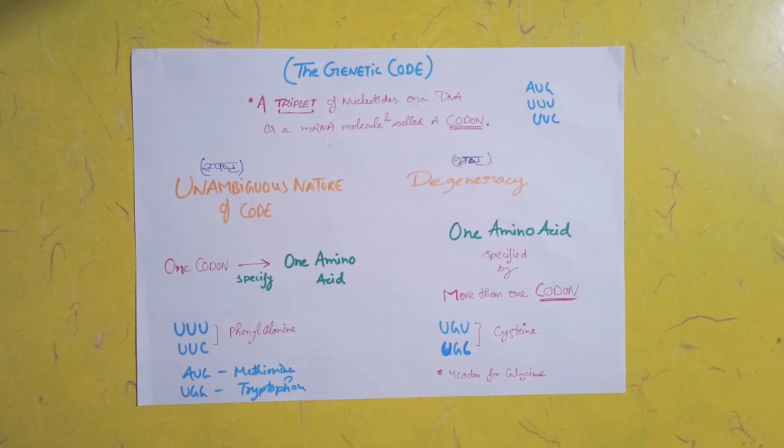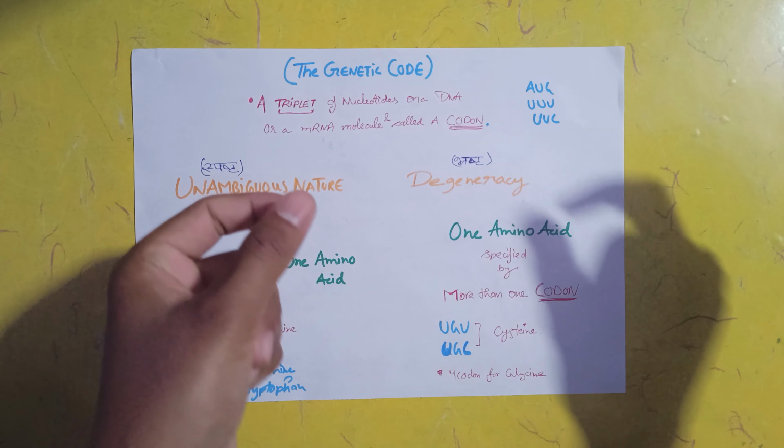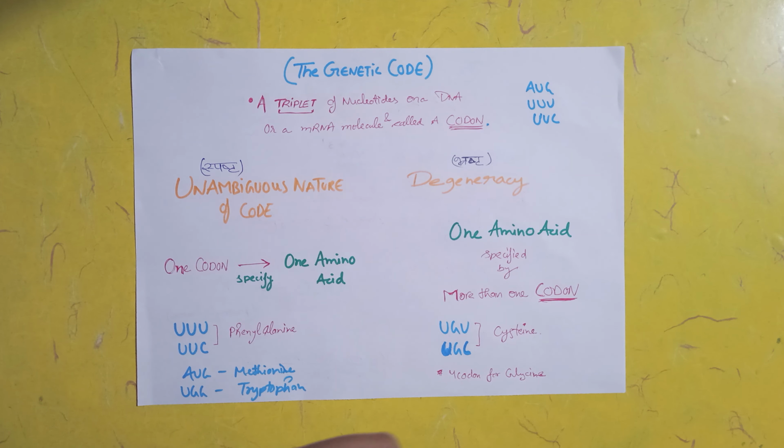Fun fact, AUG and UGG are the two codons for methionine and tryptophan, and these two have no other synonymous codons. Now, what are these synonymous codons? We will learn about them in our next section when we talk about the degeneracy. The degeneracy of the code. If I again literally translate this word degeneracy, हिंदी में इसका अर्थ है भ्रष्ट. Bhrasht, don't take it literally, but you can understand by learning the Hindi translation of these words.